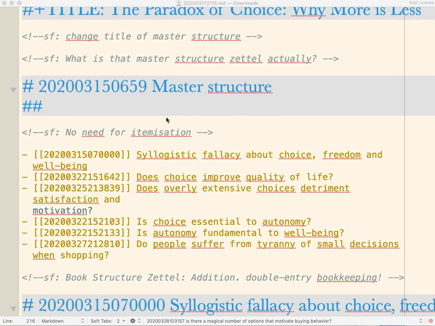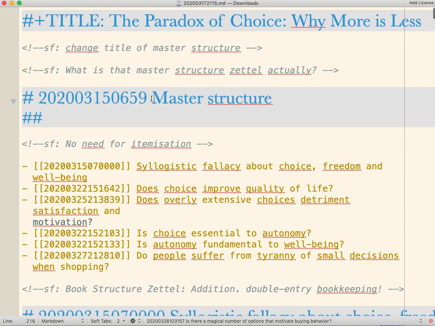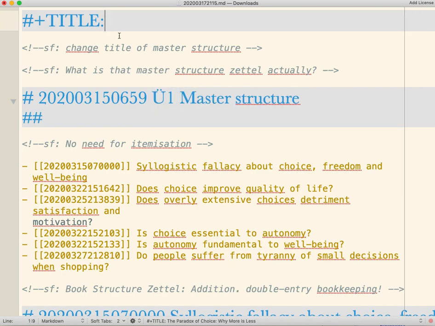So I will concentrate on the content of the notes, not so much on the structure notes. I will have a word or two for the structure notes, but nevertheless, the focus will be the content of the notes, and structure notes and how to deal with them will be part of the later iterations. So I would recommend to rename the main structure node, or the master structure node, to actually make it the structure node of the book,